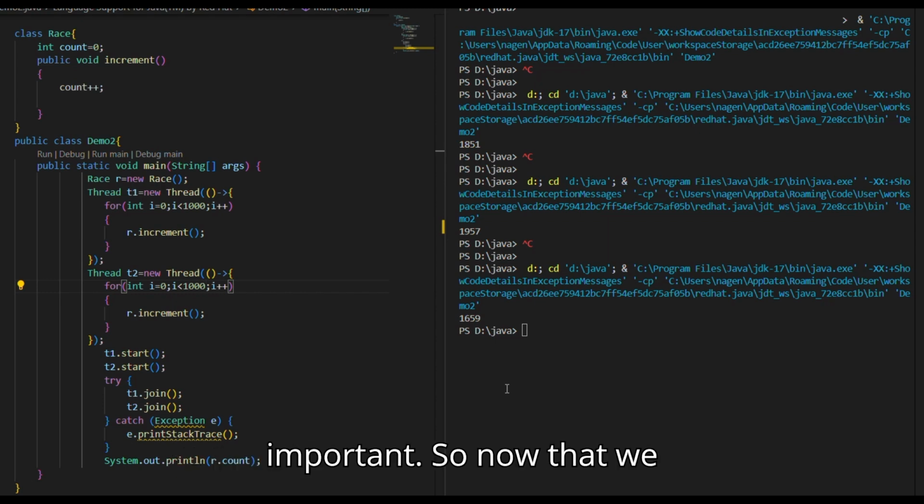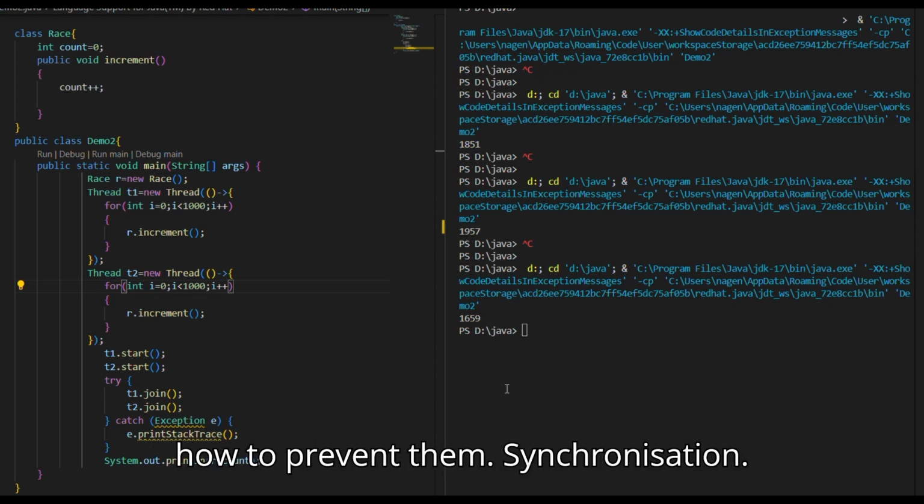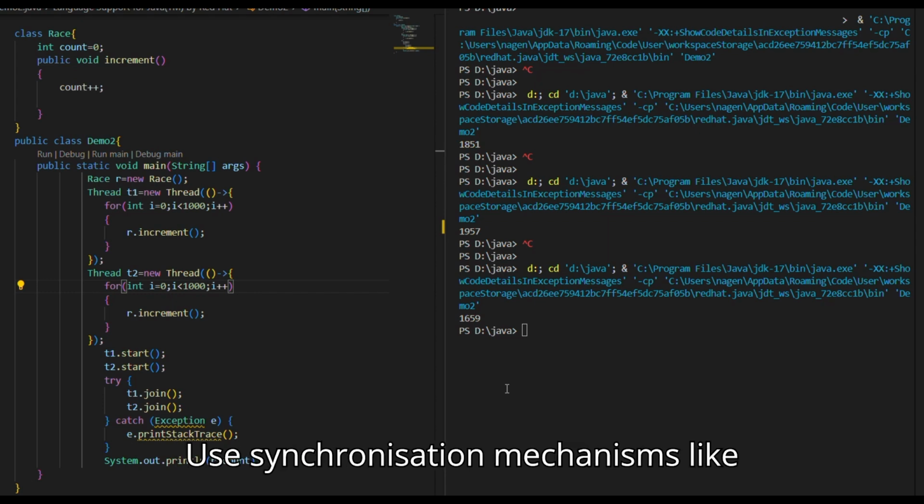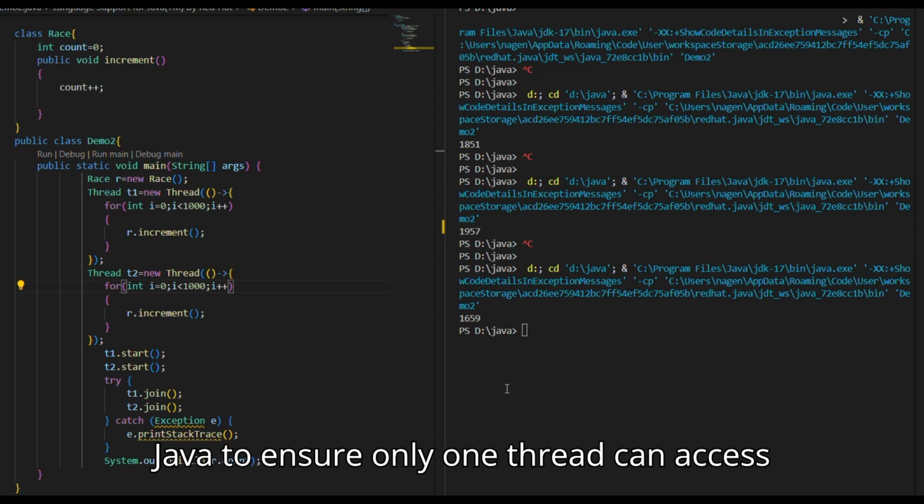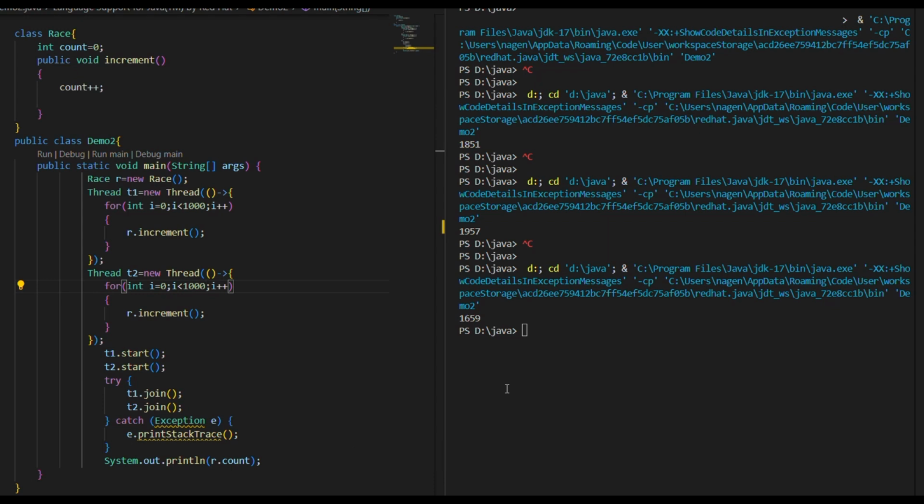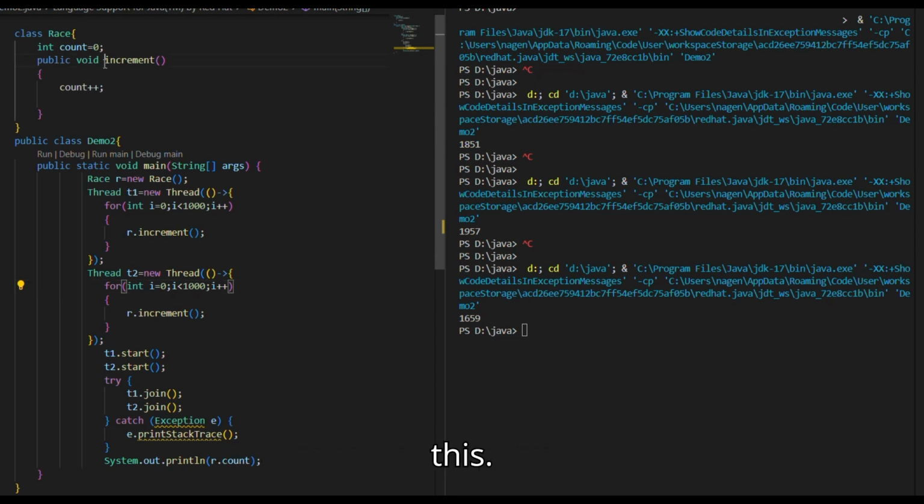Now that we understand what race conditions are and their consequences, let's discuss how to prevent them. Synchronization: use synchronization mechanisms like synchronized blocks or methods in Java to ensure only one thread can access a critical section at a time. So as you can see, now if I change this